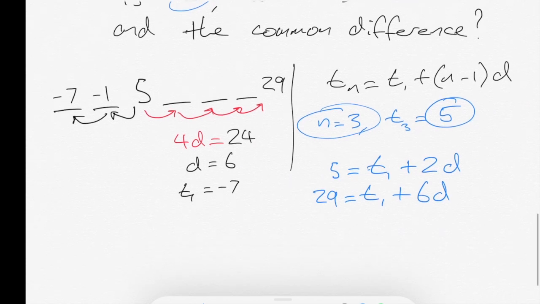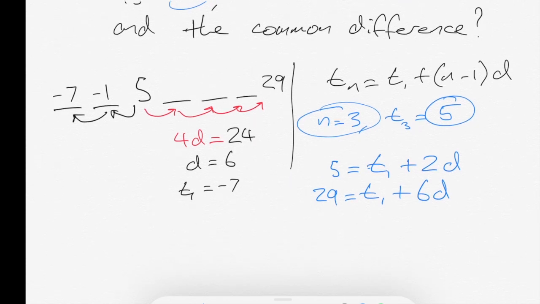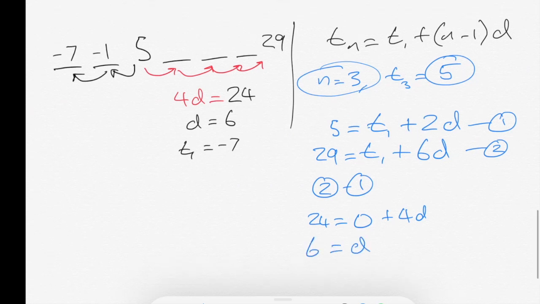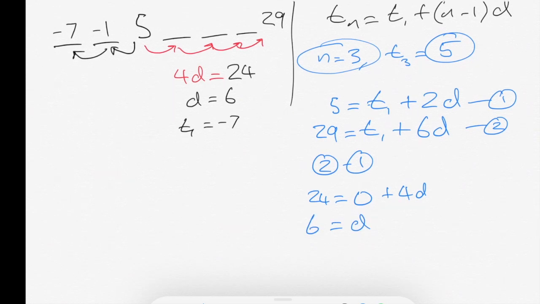I can solve these fairly simply with simultaneous equations, because if I call this one equation 1 and this one equation 2, then I can subtract one from the other and I can get equation 2 minus equation 1 gives me 24 is equal to 0 plus 4d, so 6 is equal to d,